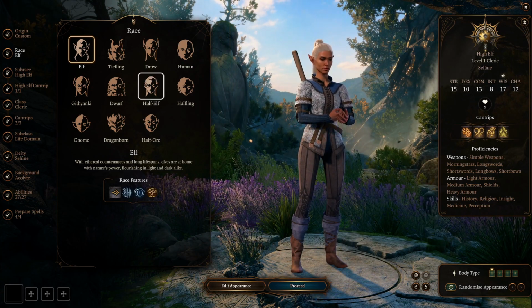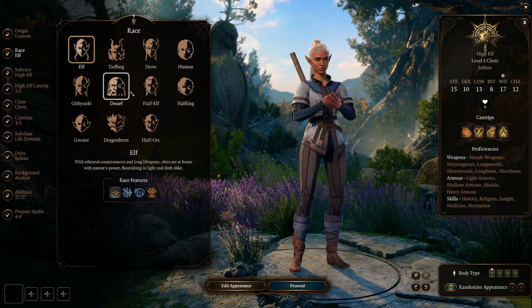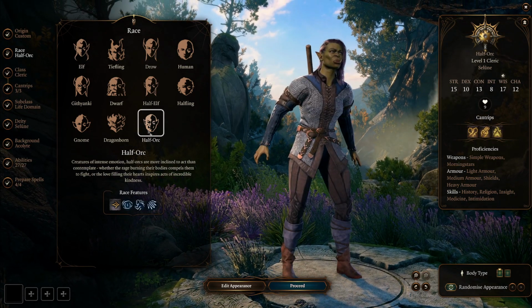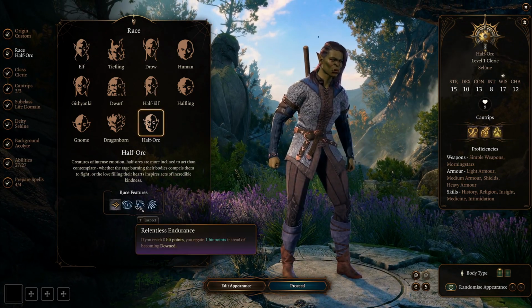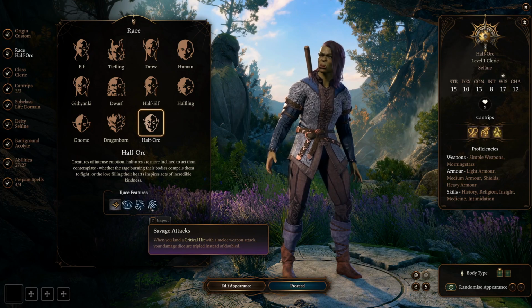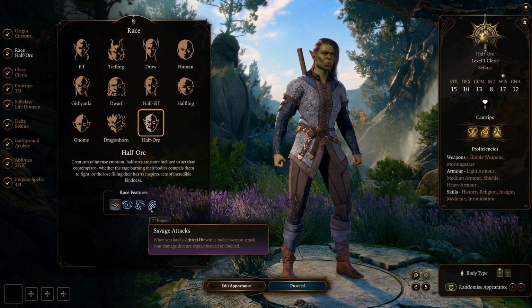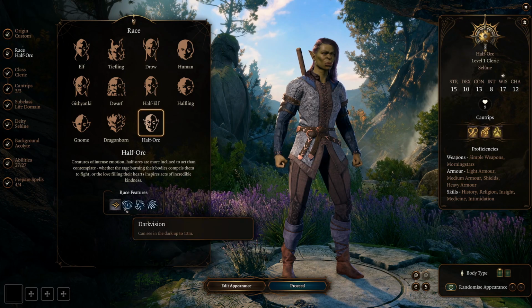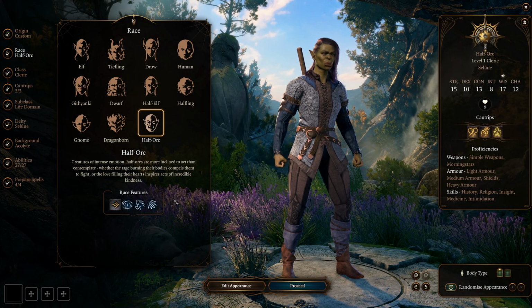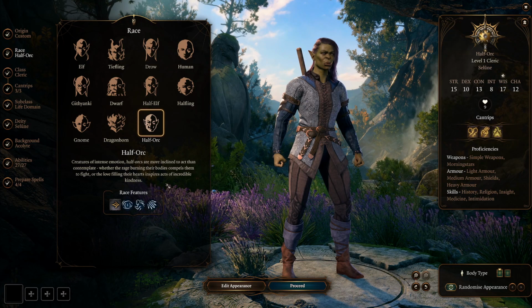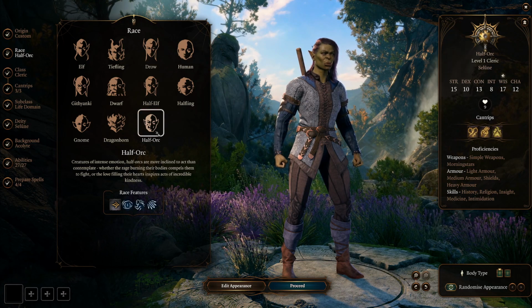So, what do I want to be as a cleric? I mean, we're mainly going to be a spellcasting cleric. We're going to be a healer, is what we're going to be.